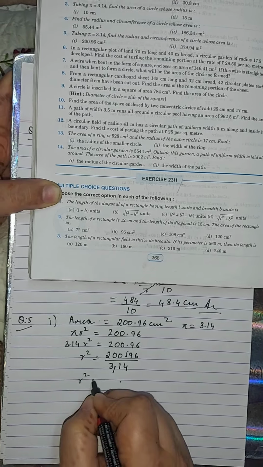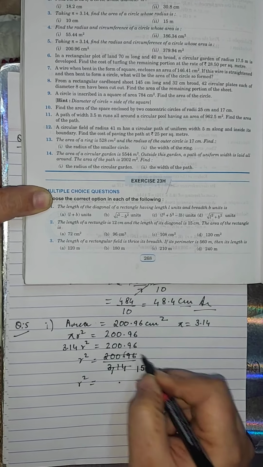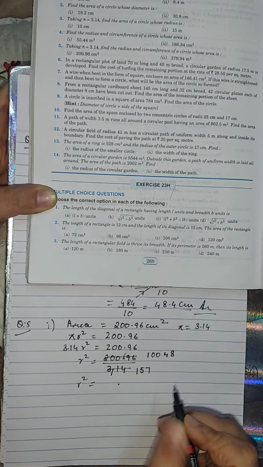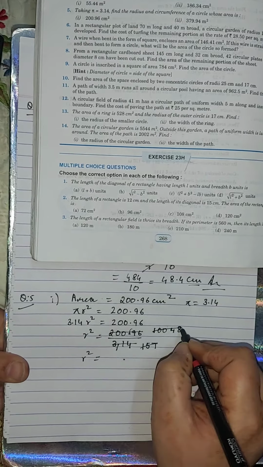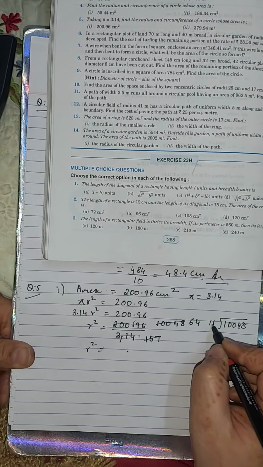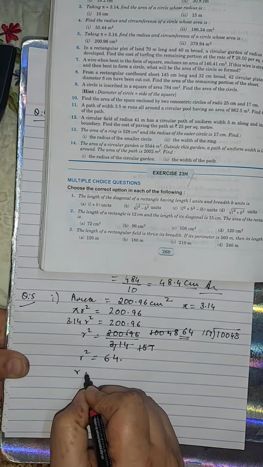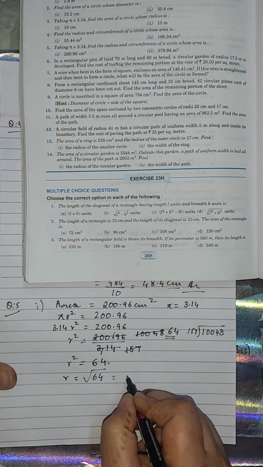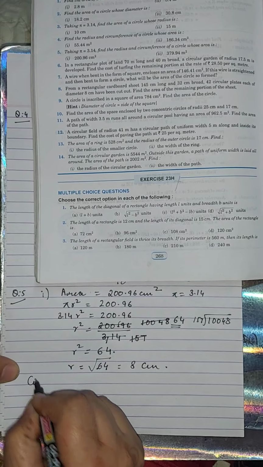Now you have to do the cutting. 2 से अगर कटिंग करो, 2 1s are 2, 5s are and 7s are. Again numerator with 2, 100, 2 4s are and 2 8s are. Now we will straight cut it. 157 से कट करेंगे तो it will go by 64. आप डिवाइड करके देखना 10048 को 157 से, it will go by 64. तो r square is equal to 64. So we will make the factors of this, क्योंकि रूट लेना आपने. Take the factors. 64 किसका रूट होता है? 8 centimeter.